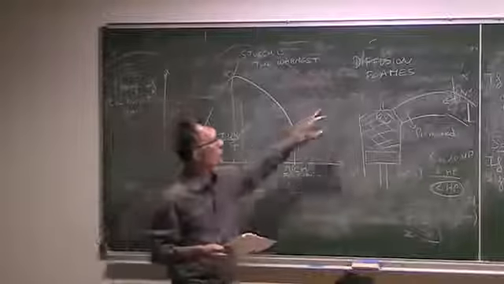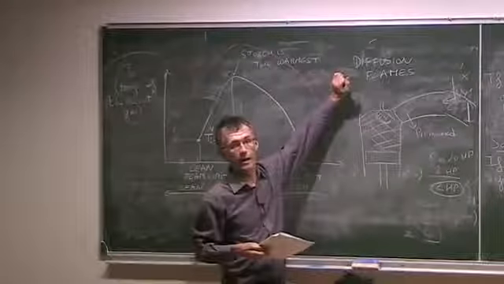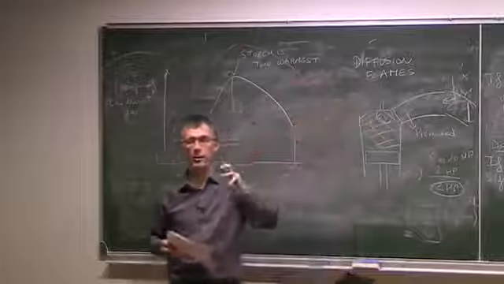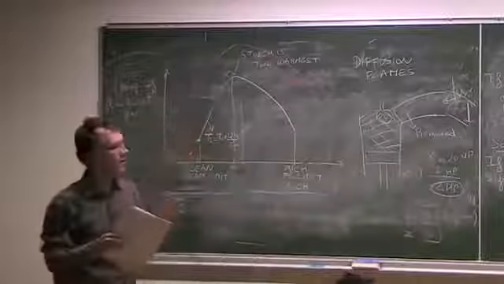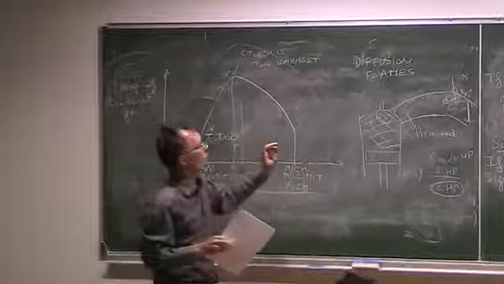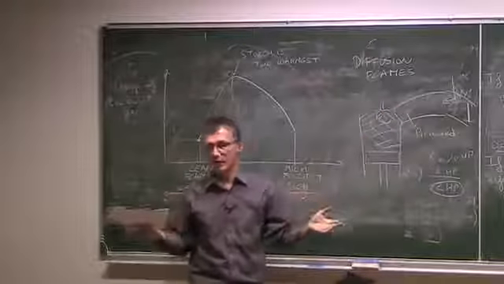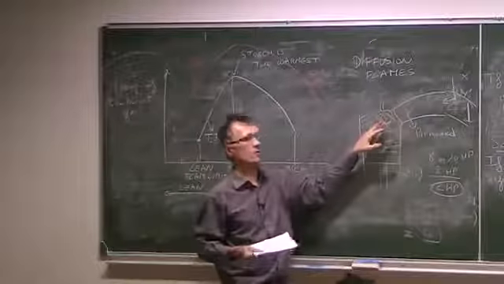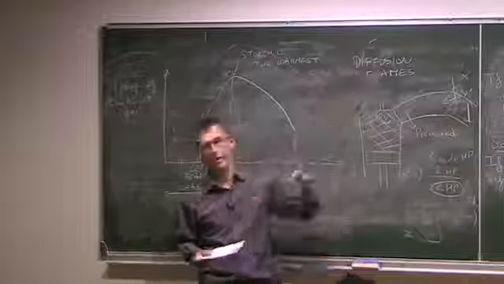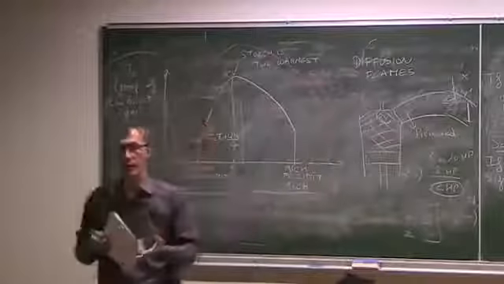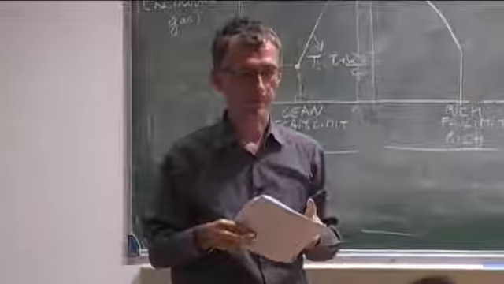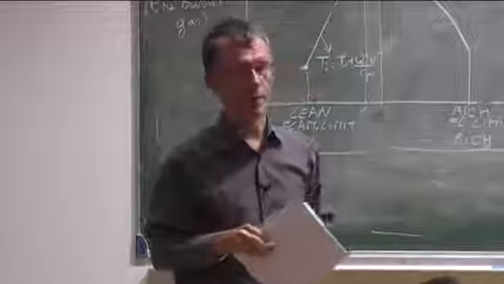Those flames are also useful, and this is what we'll need to study next time. The main difference, when we start doing that next week, is that the premix flames were somehow easy, because we didn't have to care about mixing. Everything was mixed before we went into the chamber. Now for diffusion flames, we're going to have to do the mixing and the combustion at the same time. Okay? This will be the topic of next